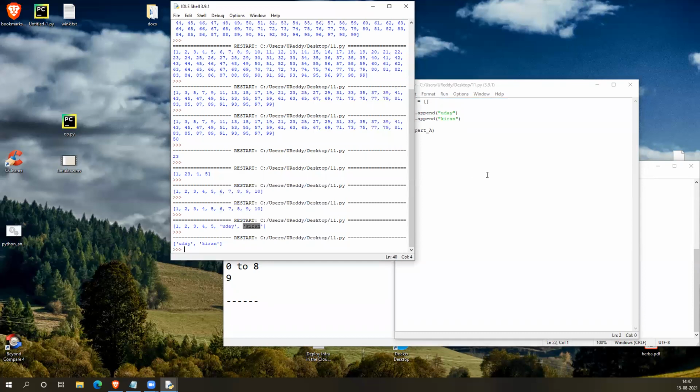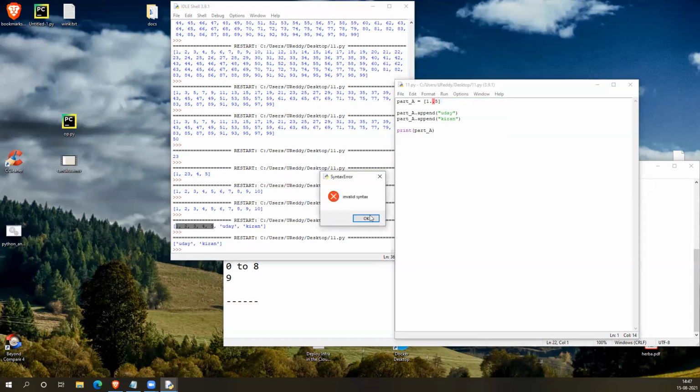So when I run this, let's say I want to add back 1, 2, 3, 4, 5. Oh, this syntax is not available here.